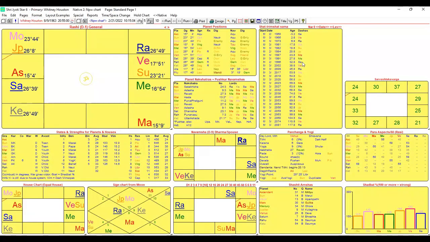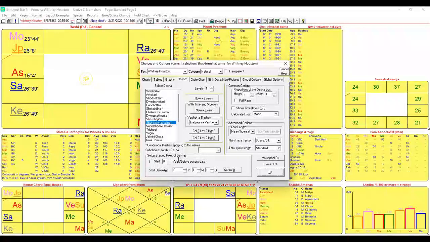1991 to 1996, she hits another period, 1990, another period of relative fame. 1996 to 2002 is a self-undoing Mahadasha for her. So you can see where certain things that don't show up from the Vimshottari Mahadashas will show up here. Okay. And let's go over here. See Yogini. See what Yogini was operating for